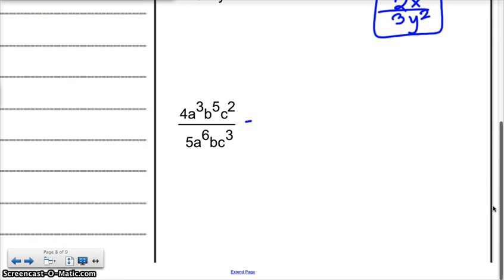The next one would be 4a to the 3 minus 6, b to the 5 minus 1